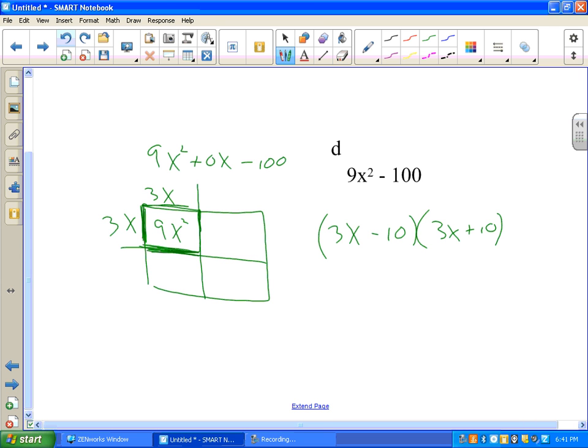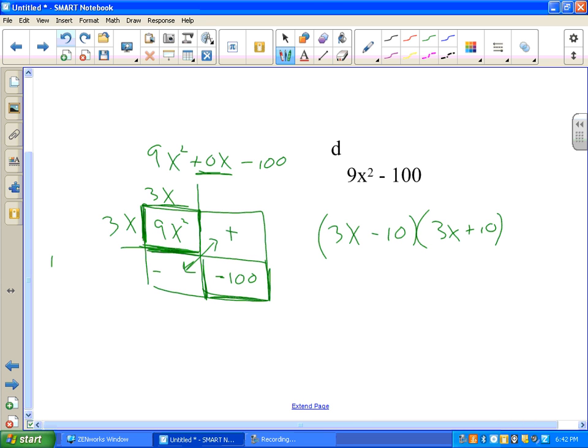Now, these two terms have to add up to be that center part. They have to add up to be 0. So whatever they are, they have to be opposite each other. And they have to be exactly the same number. This part down here multiplied to be negative 100. So